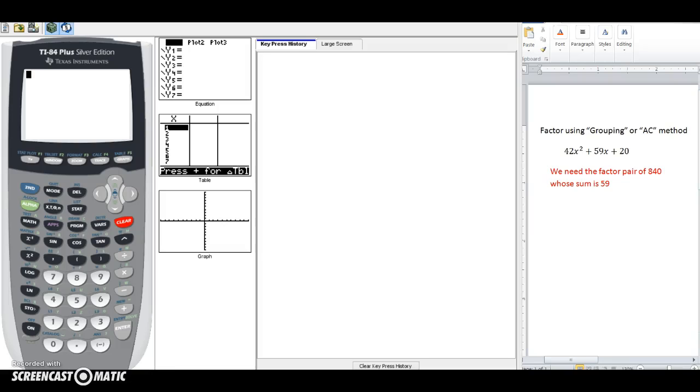In this video, I want to show you how you can use the table on your TI calculator to find factor pairs of a given number. And by a factor pair, what I mean is two numbers that will multiply to a certain given number. And this might come in handy if you're trying to factor trinomials using what's called the grouping or sometimes called